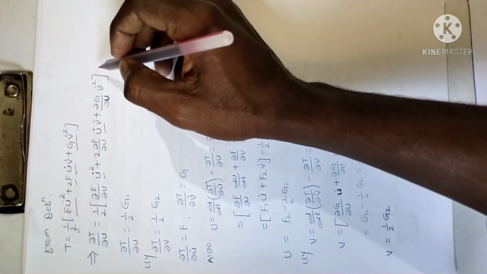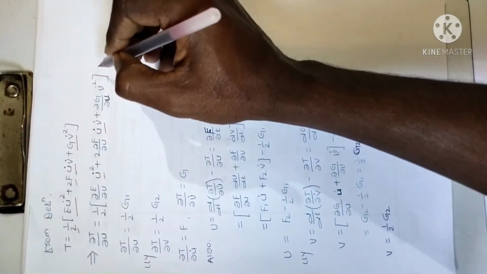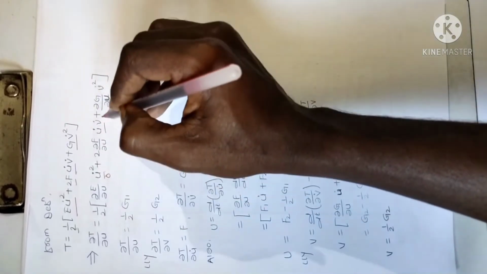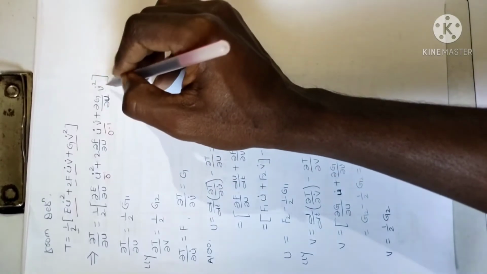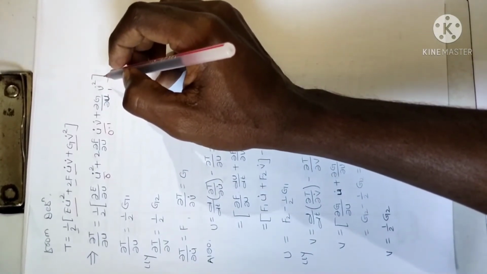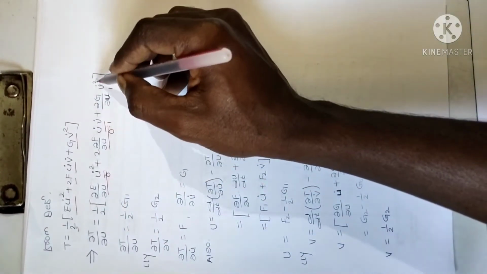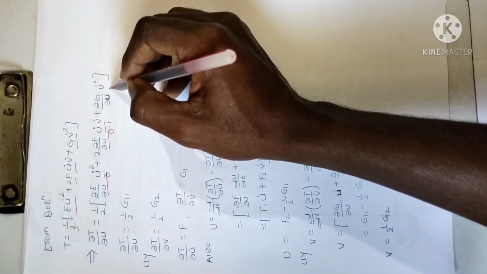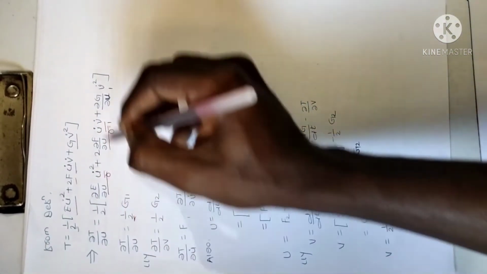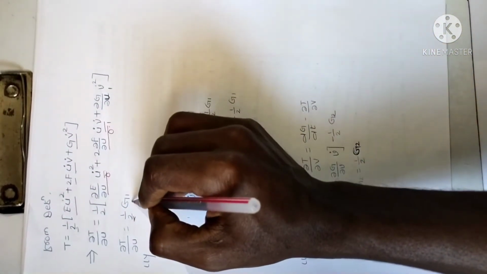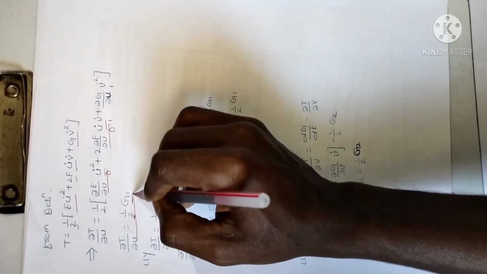So in this equation, ∂T/∂u is equal to half of... substitute the value of u dot is equal to 0 and v dot is equal to 1. So this term is 0, again this term is 0, only one term is remaining. So v dot means 1, and 1 squared means again 1. So half of, and ∂G/∂u means capital G1. The value of ∂T/∂u is equal to half of G1.